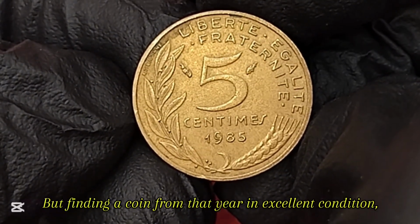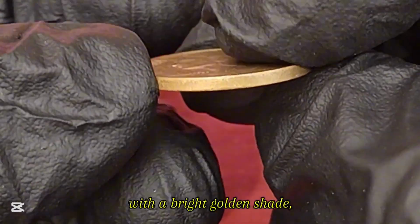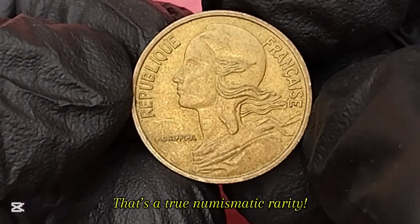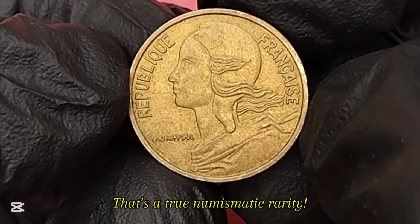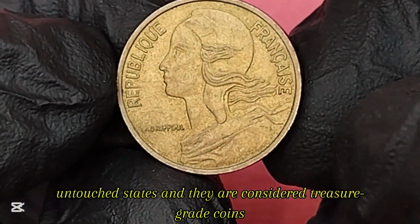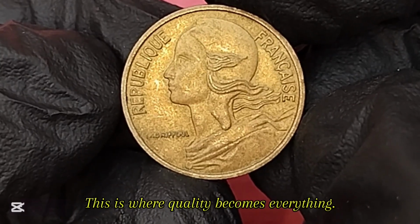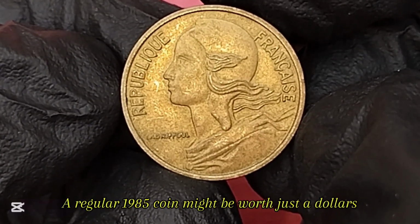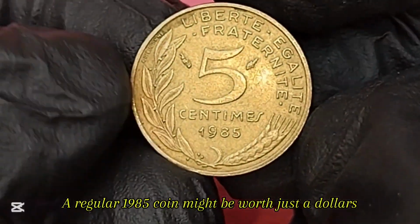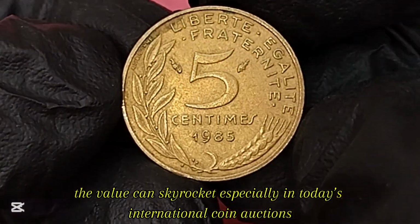But finding a coin from that year in excellent condition, with a bright golden shade, sharp edges, and full original luster, that's a true numismatic rarity. Only a few survive in such preserved, untouched states, and they are considered treasure-grade coins. This is where quality becomes everything. A regular 1985 coin might be worth just $1, but in mint state condition, the value can skyrocket, especially in